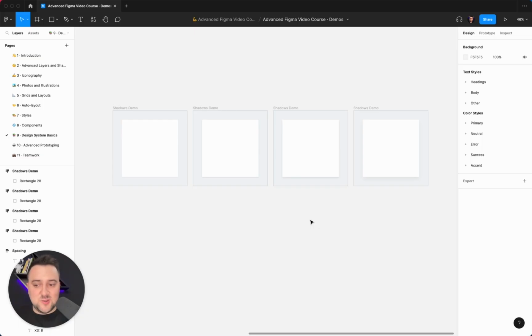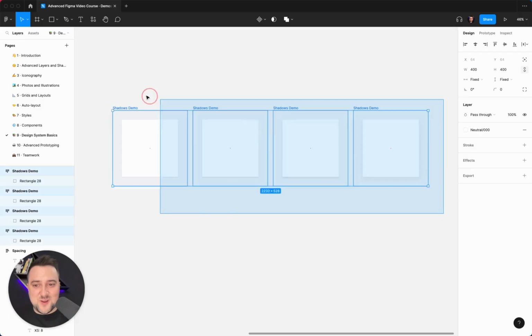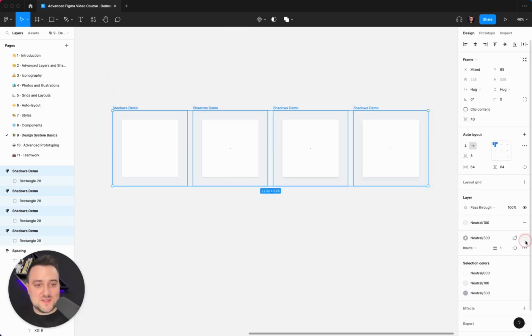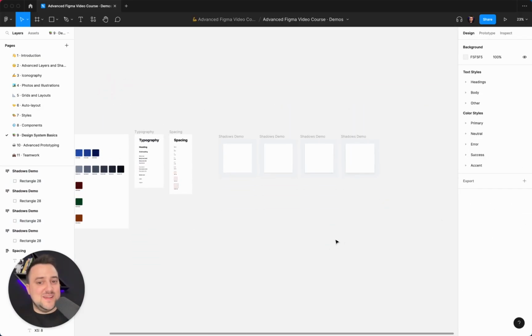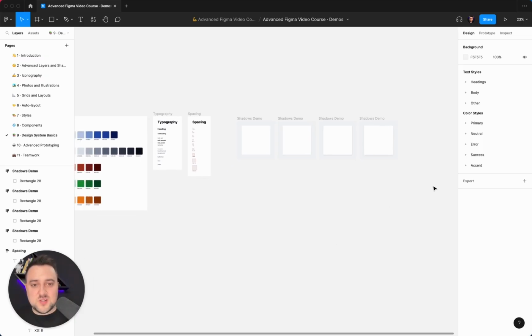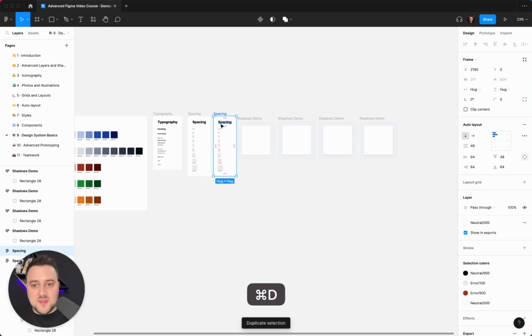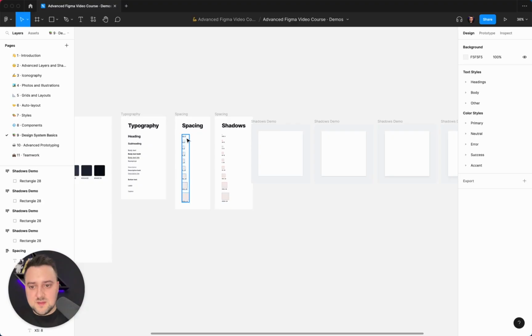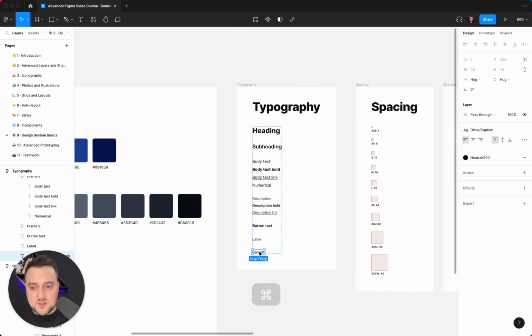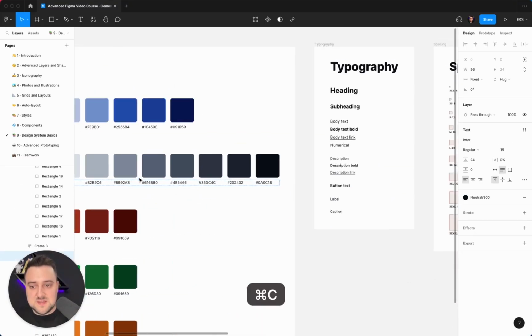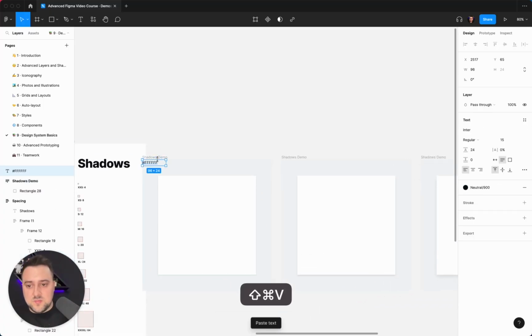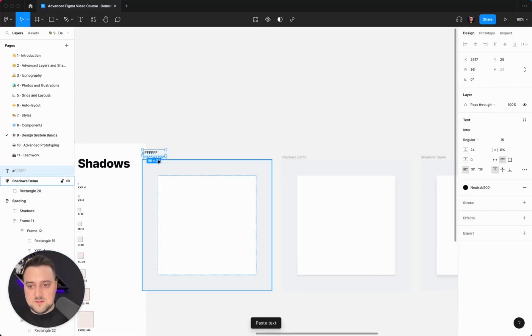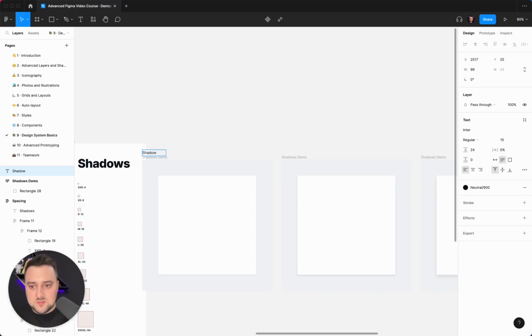Again, there are plugins that you can use. You can reference material design when you're learning. So there are other places where you can learn how to create these things, and it doesn't have to be like I did. Again, with each project, you're gonna change some things around so it fits better with the project that you're working on. But I'm gonna duplicate this and call it shadows, and I'm also gonna just grab this above all of my demos like this and call it like a shadow,